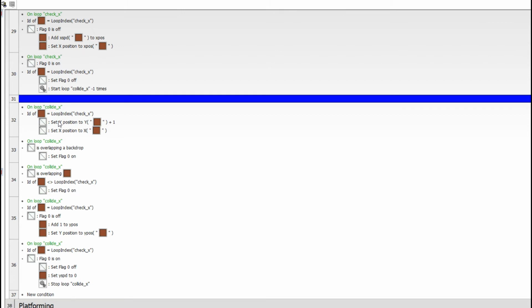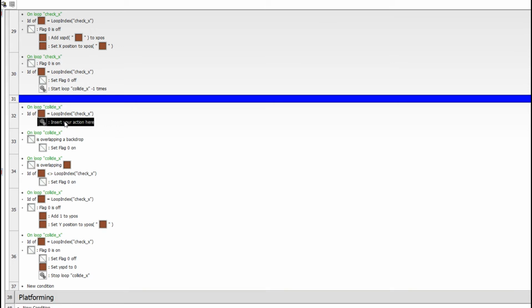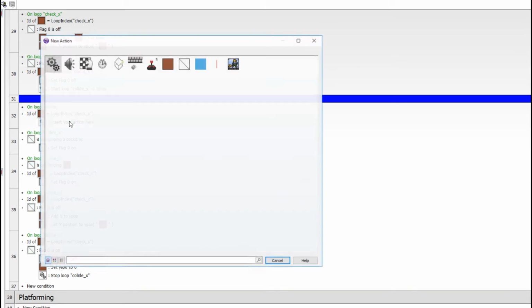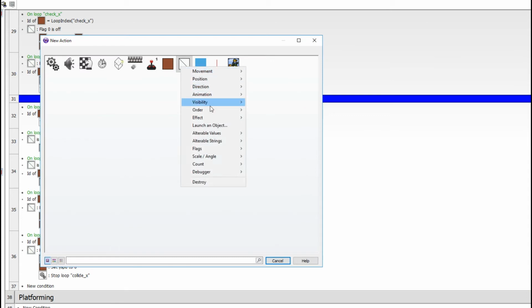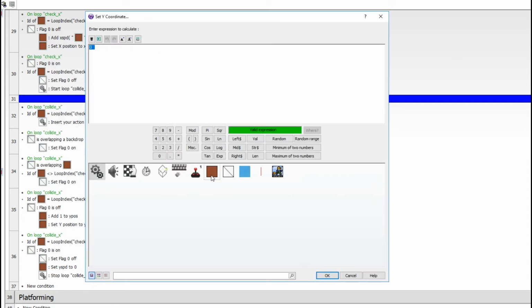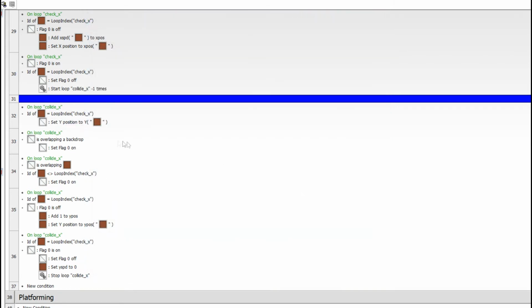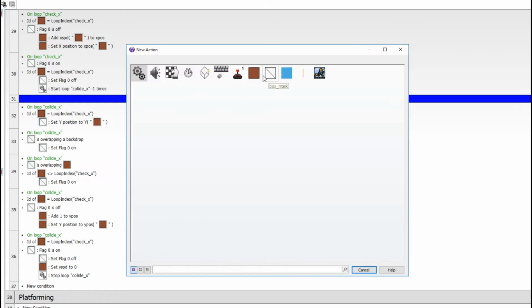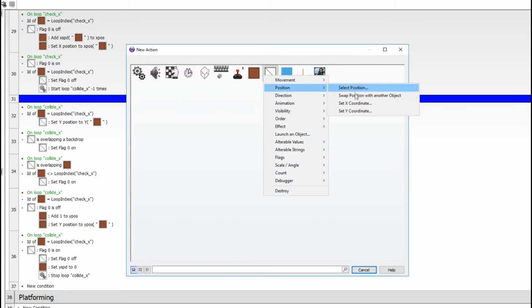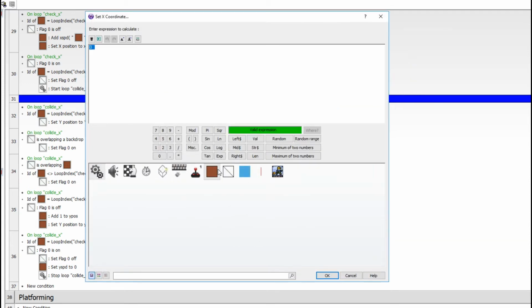We're going to do that this way, so there's less lines of code. When we're updating the position here, we'll go ahead and delete these because we need to do this separately. All right, so we're going to set the y coordinate of the mask to the y coordinate of the box. That's easy. So now we're going to set the x coordinate to the x position of the box